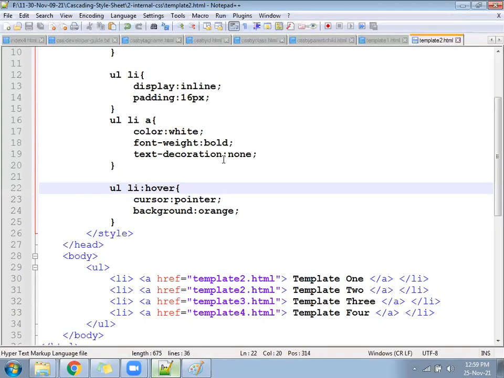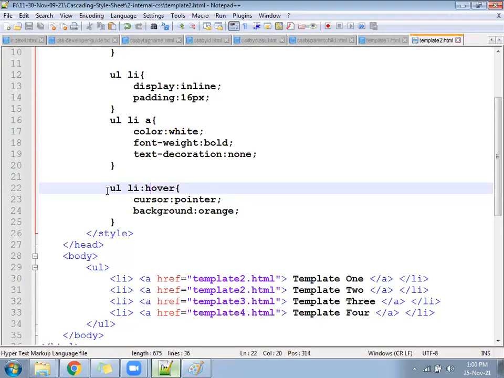Once the mouse goes there, it converts into a different color. Right? Happening something like this.